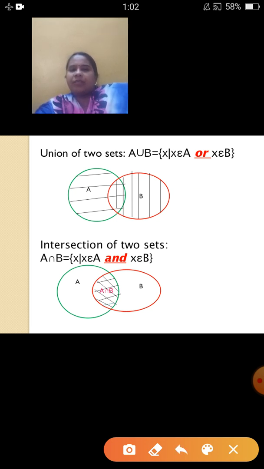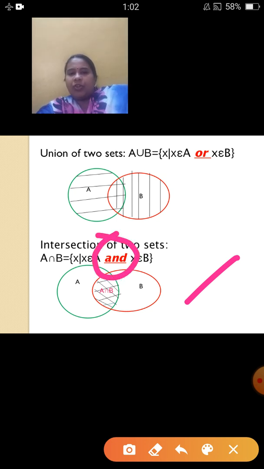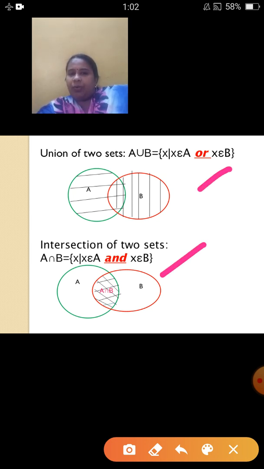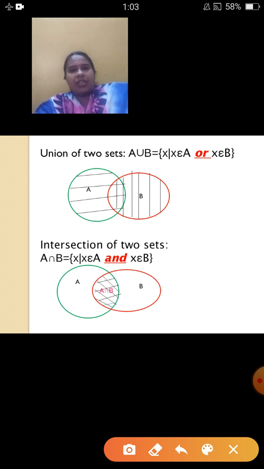Next important concept was about intersection. Intersection means this type of set where x is an element of A and x is an element of B. So what is important in this is this word and. So whenever we want to ask intersection, we will be using the word and, and whenever we want to ask union, we will be using the word or. Why are these two important now? Because in word problems, these are the words which will be frequently used. So I hope you understand this, and henceforth whenever the word or is used, you should understand that they want you to find union of two sets, and whenever they are using the word and, it means that you have to find intersection of those two sets.